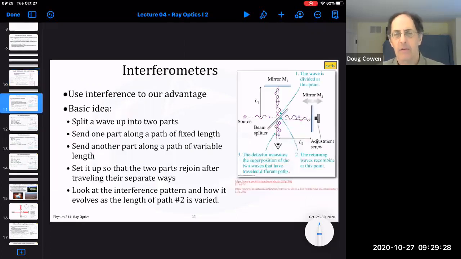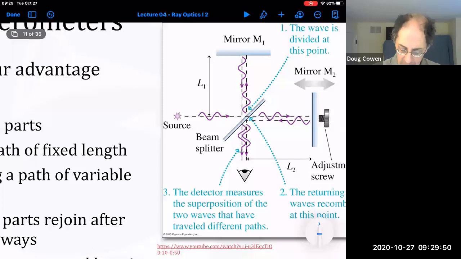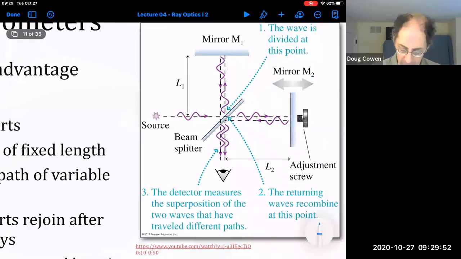So next, I'd like to describe an application of interference, in this case of light. It's something called an interferometer. The basic idea is to use this interference to our advantage. And what's done is that we take a light source, indicated over here on the left-hand side, and